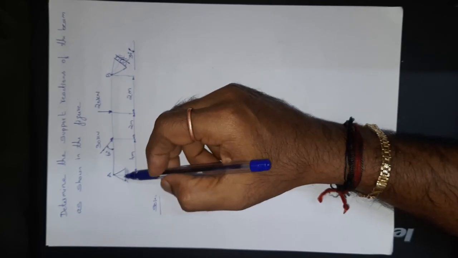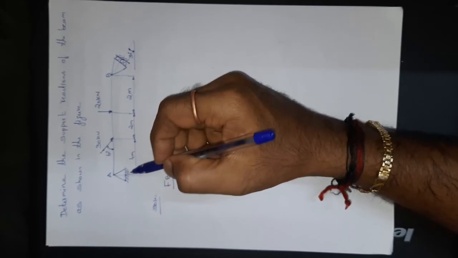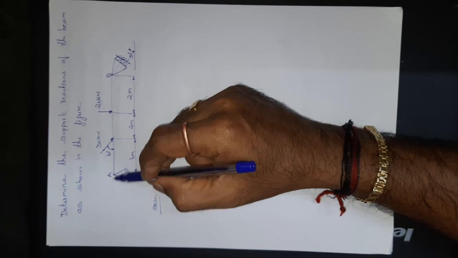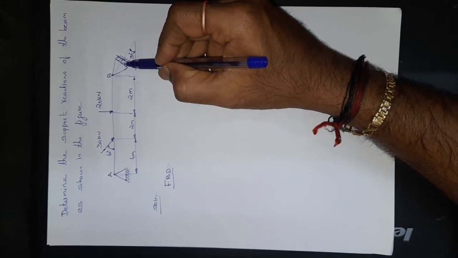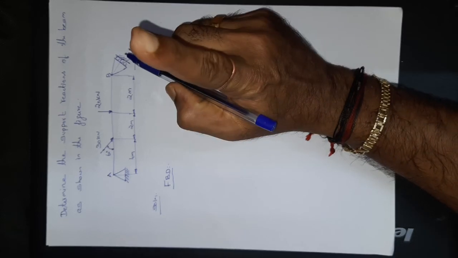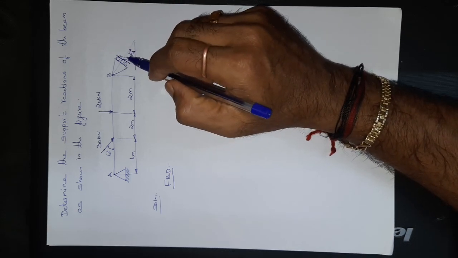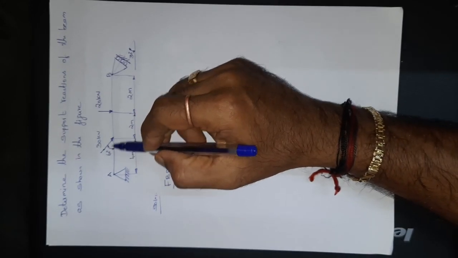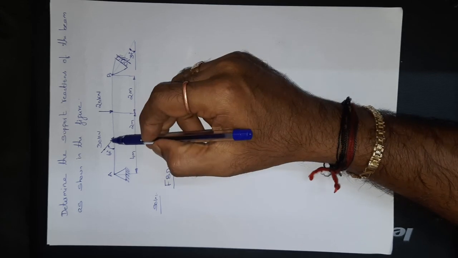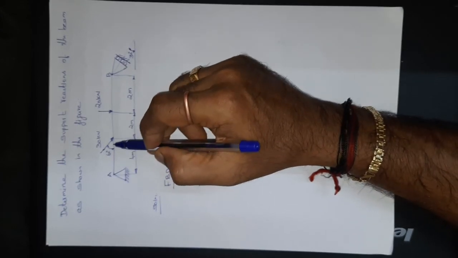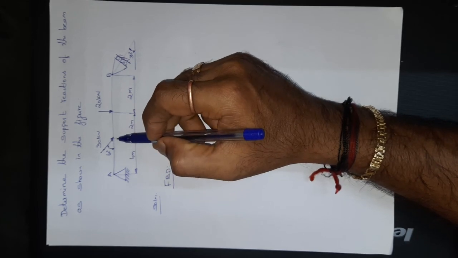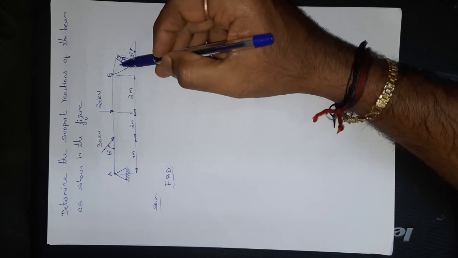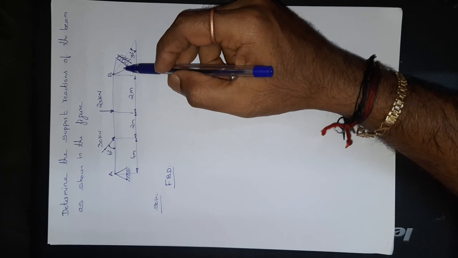So how many reactions would be there for the hinge support or the pin joint support? There should be two reactions. One vertical reaction, the other one is the horizontal. As far as the rocker or the roller support is concerned, there will be only one reaction, that is a vertical reaction. Here the point load is at an angle of 60 degrees with the horizontal, so we'll have to convert that into two components, that is the horizontal as well as the vertical component, isn't it? And similarly, the support reaction is also converted into two components, one vertical and one horizontal.